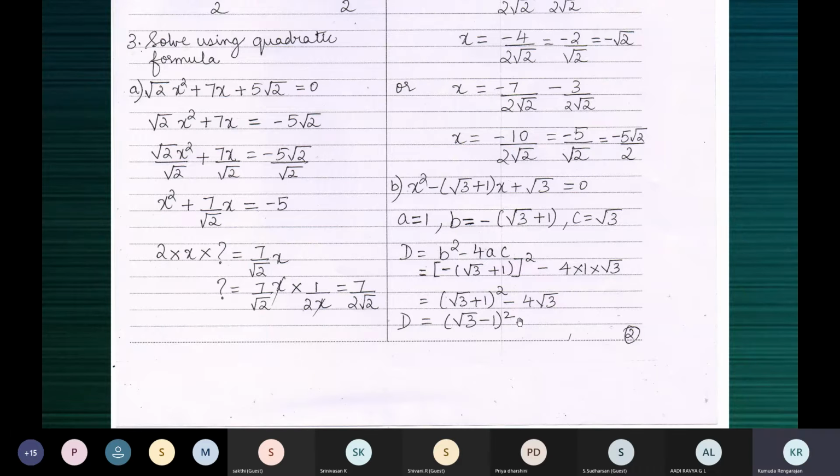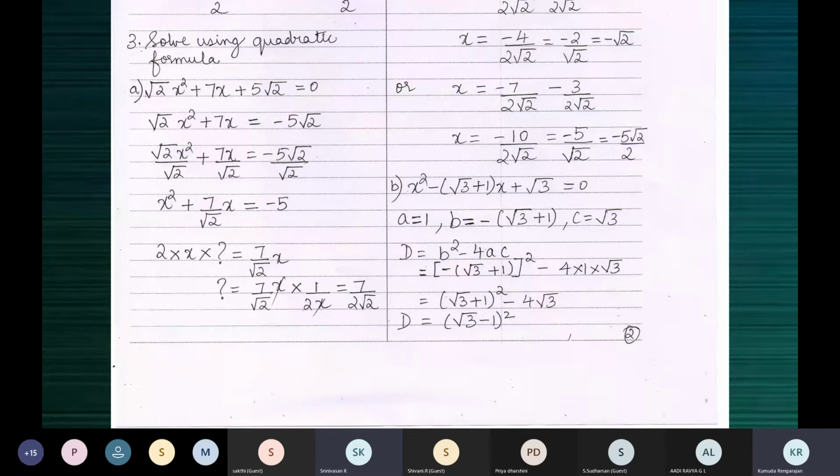Now tell me what is this I've written here. Ma'am, you expanded and then subtracted minus 4 root 3. No, I did not do all that. Immediately, I have not missed any step. Ma'am, a plus b the whole square minus 4ab is equal to a minus b the whole square.